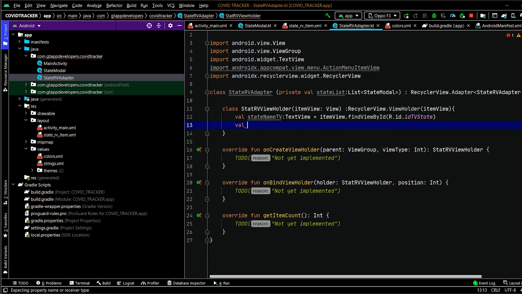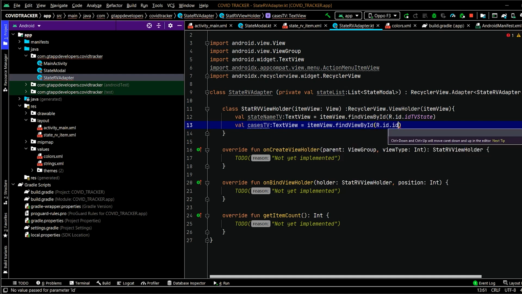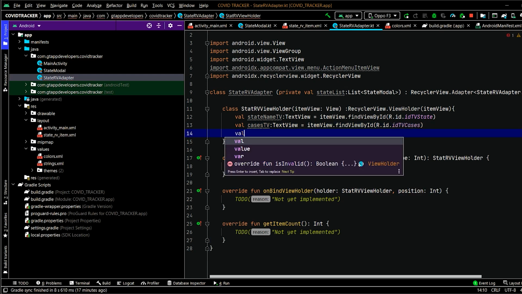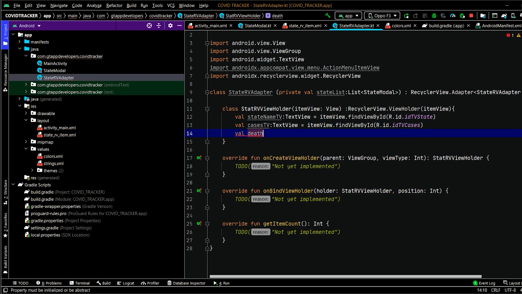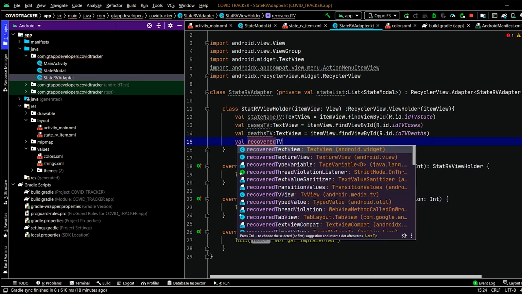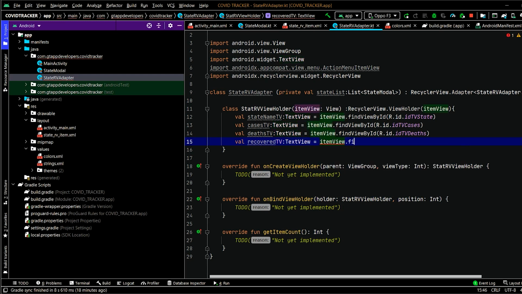Similarly, we have to create three variables for our cases tv. Now we have created and initialize our variables.